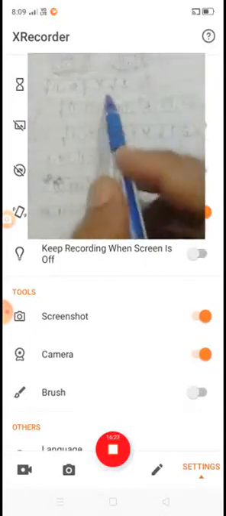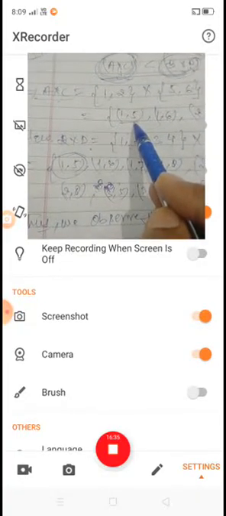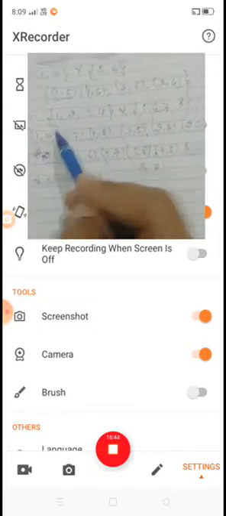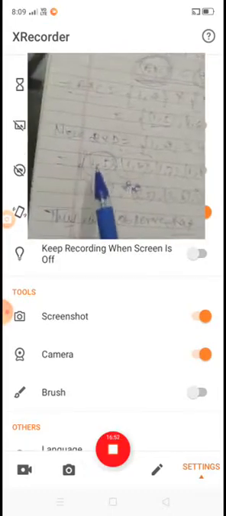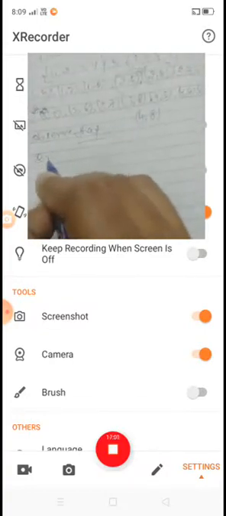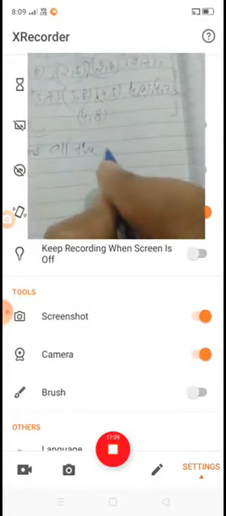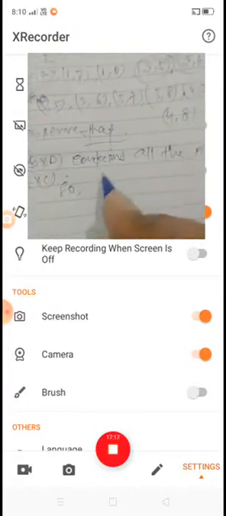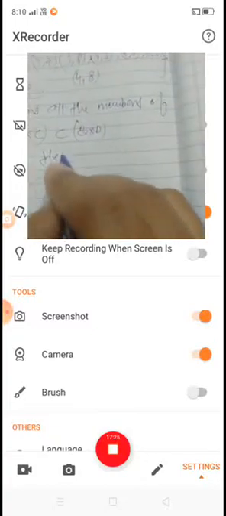Now let's see. The ordered pair (1,5) of A cross C: B cross D contains (1,5), which is also a member of A cross C. Now we observe that (1,6) is also in B cross D, (2,5) is also in B cross D, and (2,6) is also in B cross D. We observe that B cross D contains all the members of A cross C. So we can say that A cross C is a subset of B cross D. Hence verified.